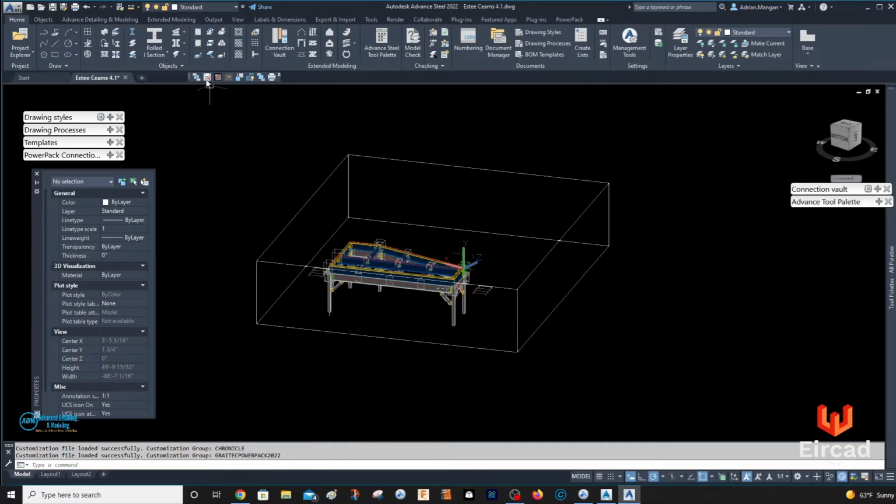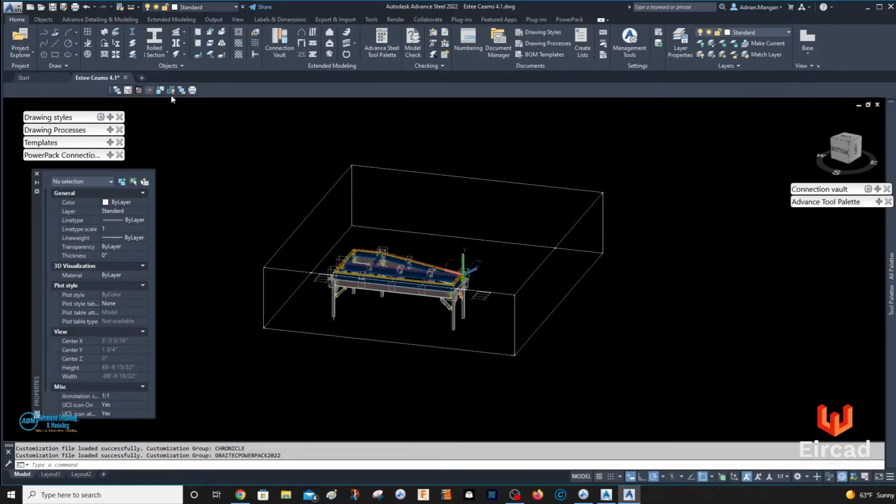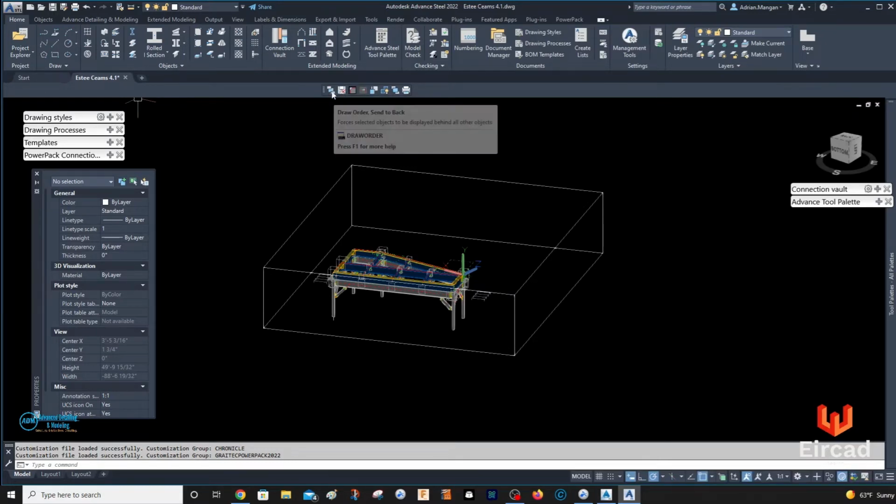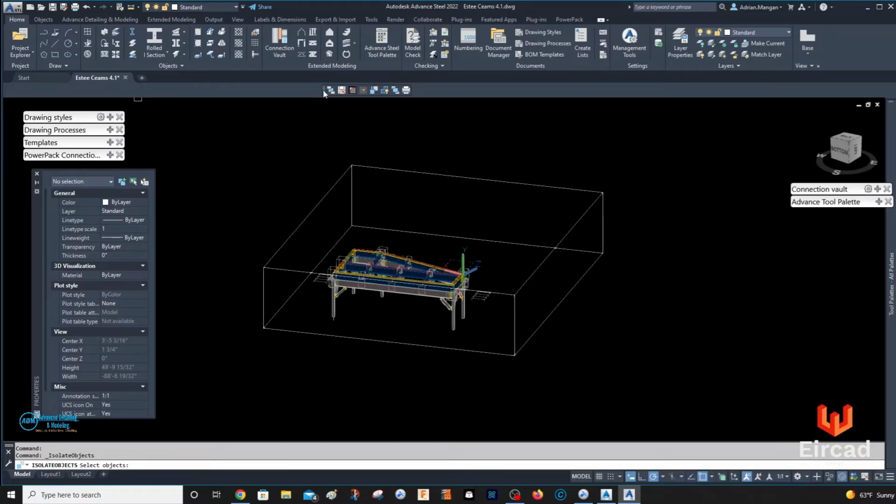The only problem is you're going to need to know them, but you'll get to know them after a little bit of time. This obviously is not going to work here, because you're going to open more files, so you're probably going to have to put it here. You'll have to get used to having the extra bar across the top. It's probably better to have it here when it's so small. So you have your save and close, and your draw order is here. These are not in the order I want them in.